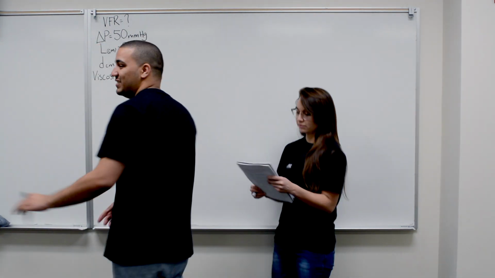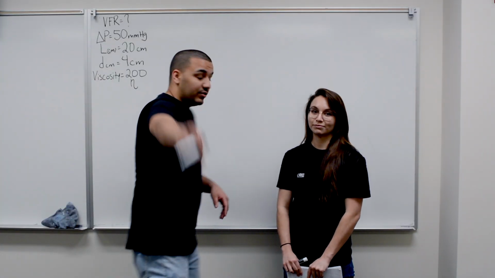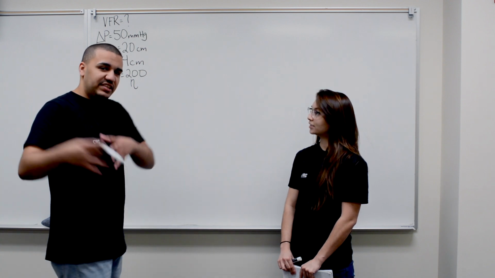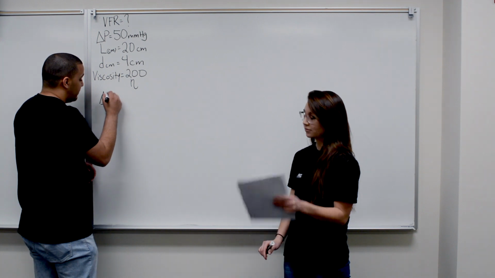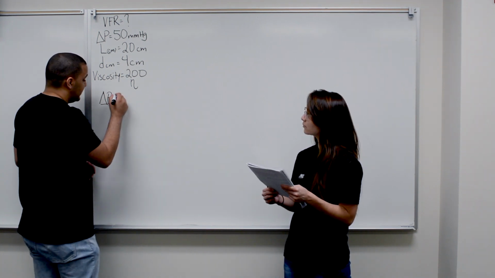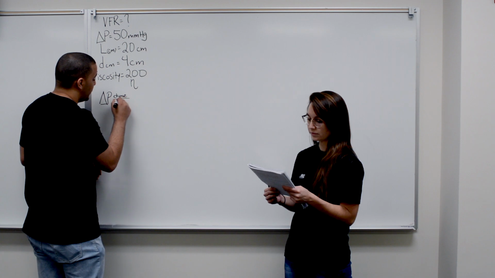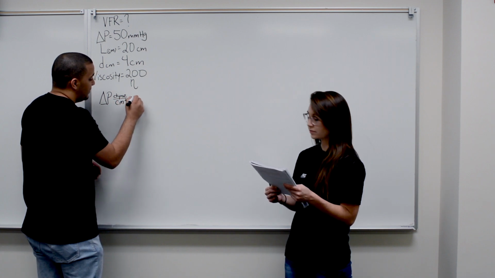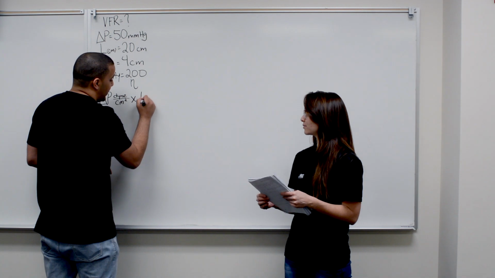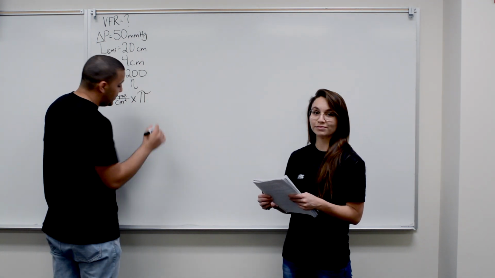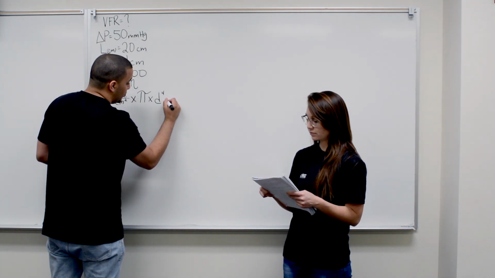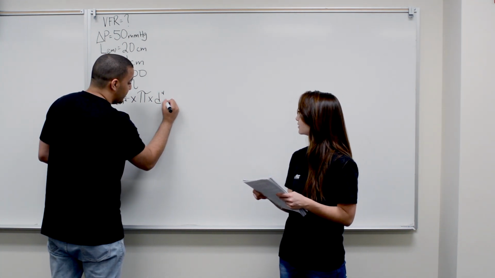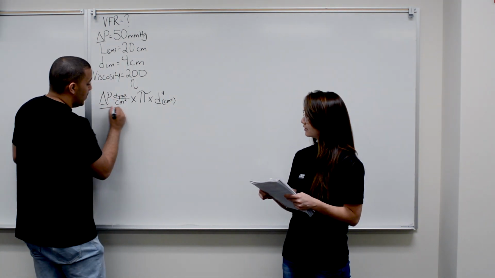And this equation, my friends, is one of my favorites. Why? Because you can rhyme it out. So let me draw it out for you so you can see it, and then I can teach you the rhyme and process. So it's triangle P, your pressure difference, which the units for it is dyne over centimeter squared, times pi, we'll go over that in a minute, times diameter to the fourth, which is units centimeters to the fourth, over